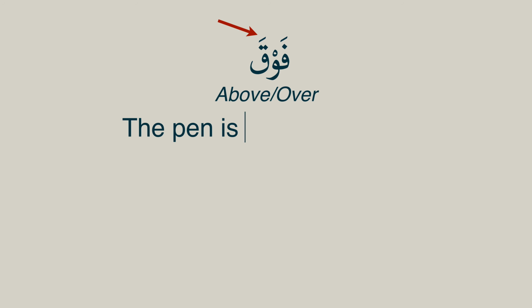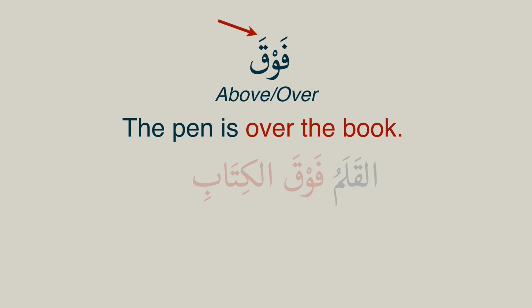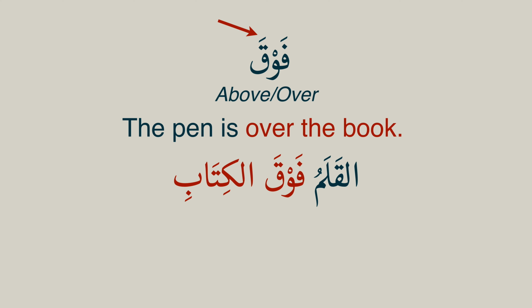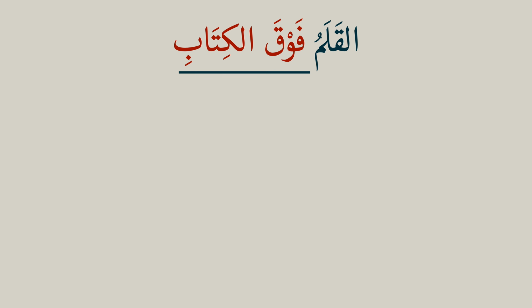If I had to say the pen is over the book, in Arabic I say القلم فوق الكتاب, where فوق serves as mudaf and al-kitab is mudaf ilayh, which causes it to be majroor, and its meaning is over the book. Such construction containing an adverb as mudaf followed by mudaf ilayh is referred to as shibhu jumlah,